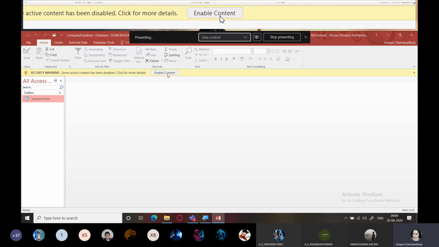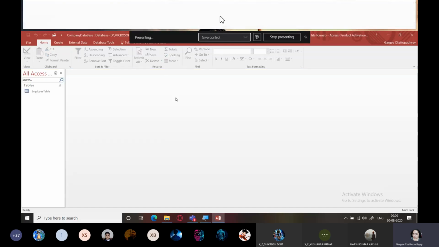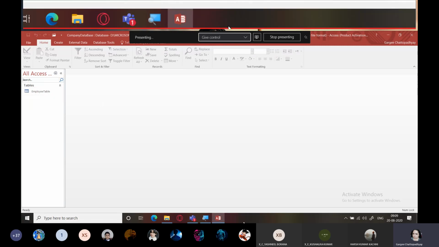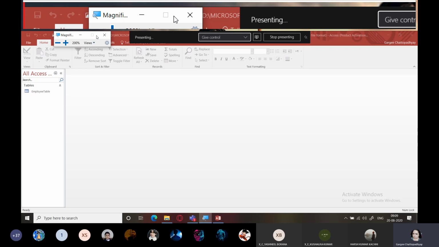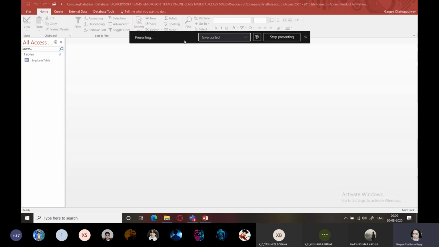So what you need to do is click on enable content, because if you do not click on enable content, all the content will be lost. Now you can see over here something. Okay, I'll remove the magnifier also, because probably because of this only it got hanged last time. Anyway, I hope you all are able to see the parts of the screen.